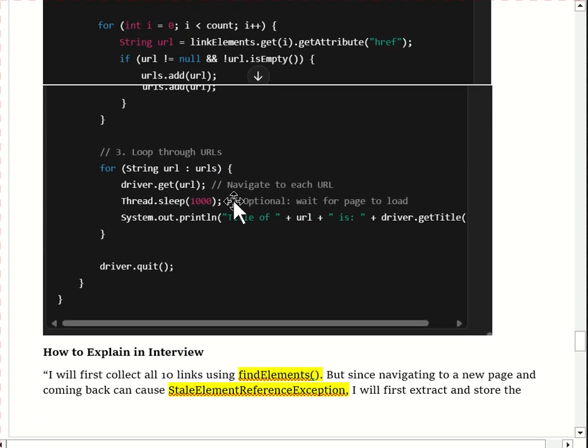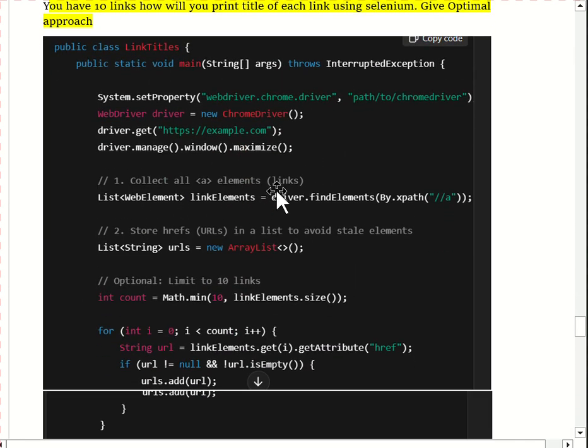Now moving to the code. First we will set the driver property, then we will launch the Chrome driver, then we will pass the URL that we have to test, then we will maximize the browser. First we have to collect all the elements present on the web page by using a list of WebElement, because here we are using driver.findElements, and when we use the findElements method, it returns a list of WebElements.